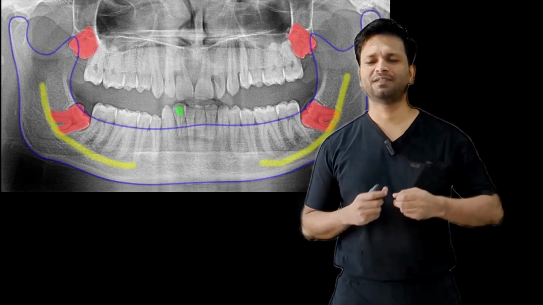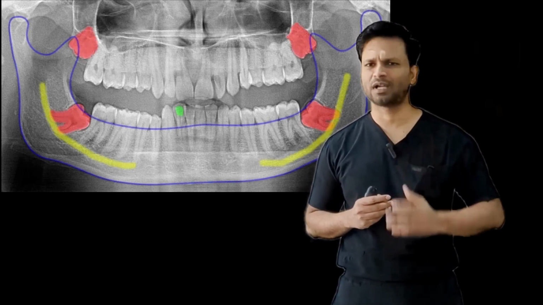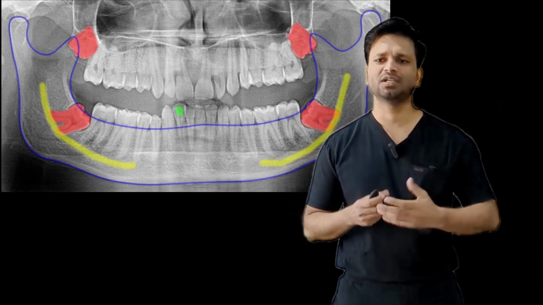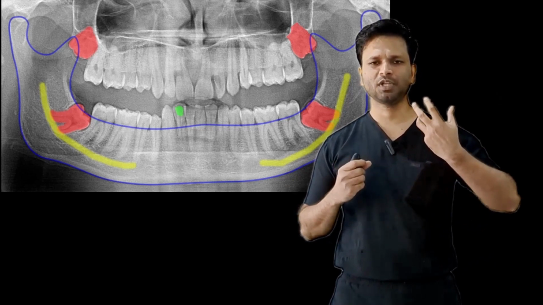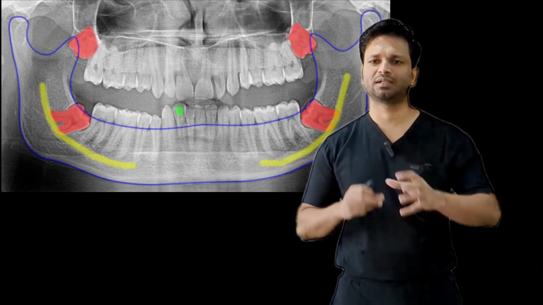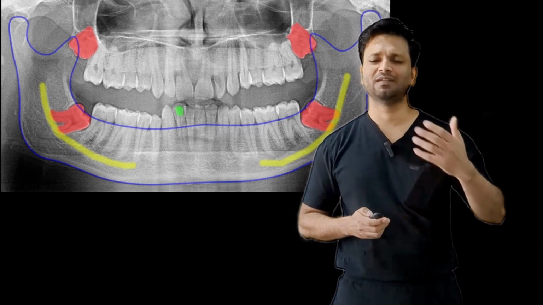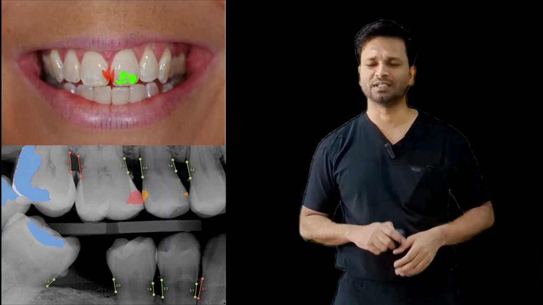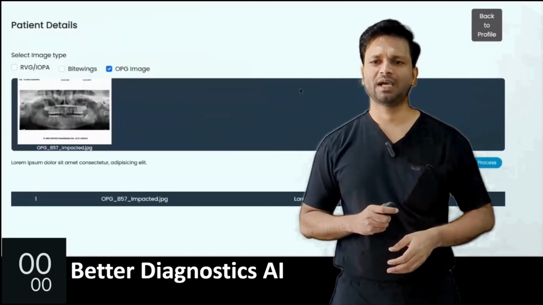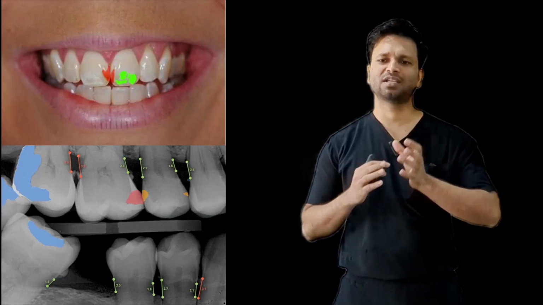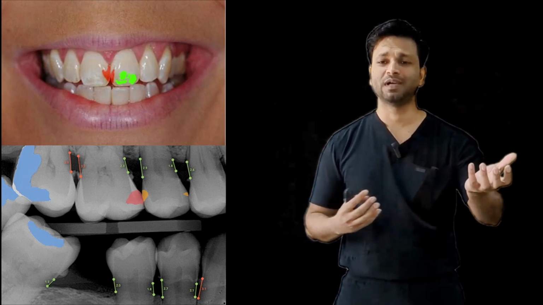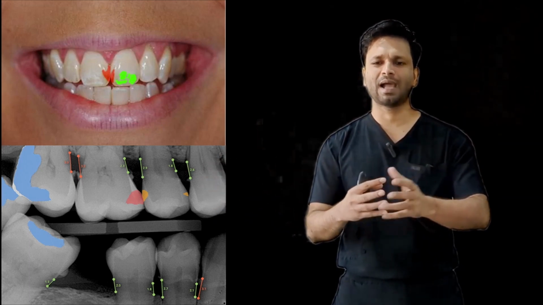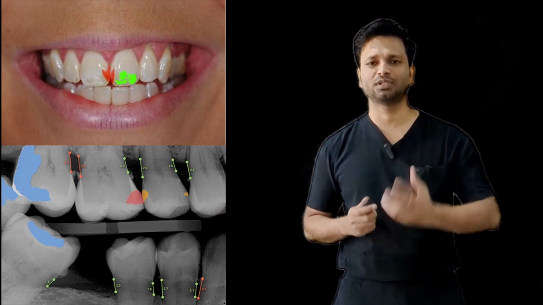Again, we can have the same thing on an OPG or a lateral cephalogram, be it any radiograph. We can use the same technology on different radiographs. In this, the AI has shown that we have multiple impacted teeth. The nerve is automatically traced, and the mandible is automatically traced. Okay, so we have the AI. Now imagine if the AI has access to the clinical image and the radiograph. It can easily combine the two data and get good at diagnosis,